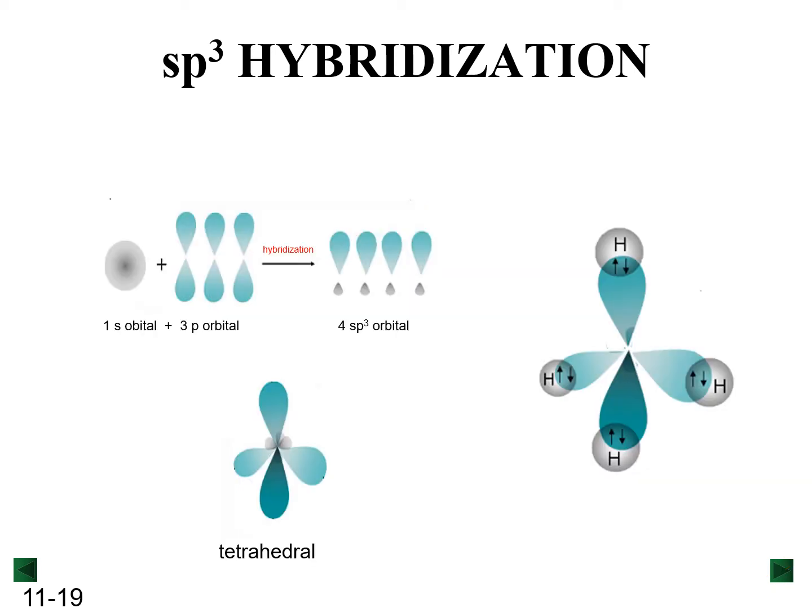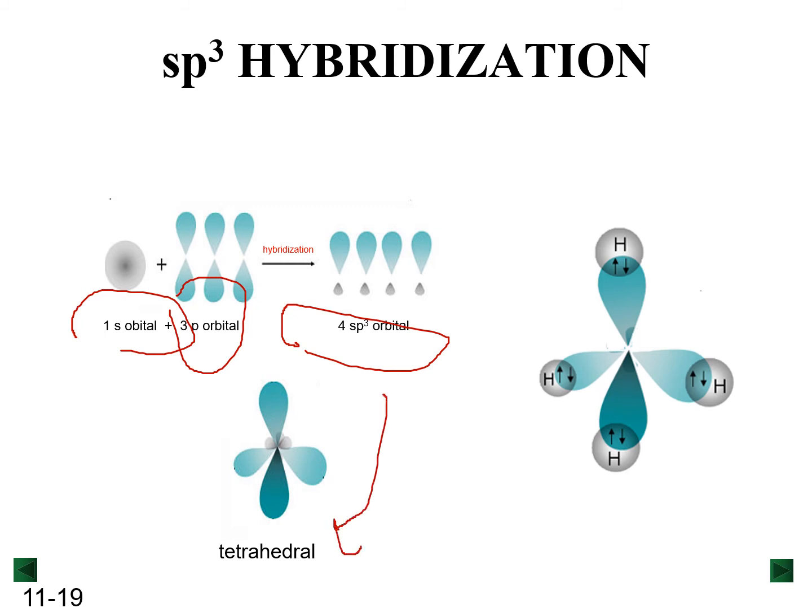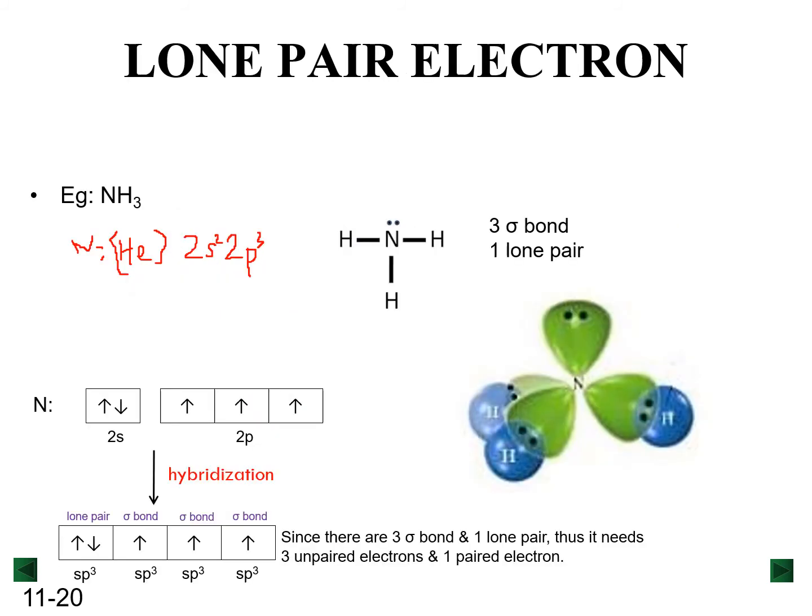Okay, here you can see that 1s orbital mixed with 3p orbital forming 4 sp3 orbitals, and the orientation is tetrahedral. And here is how the sp3 hybrid orbitals in C overlap with 1s orbital of hydrogen, forming 4 covalent bonds. Okay, here are the examples of hybridization that involve lone pair electrons, such as